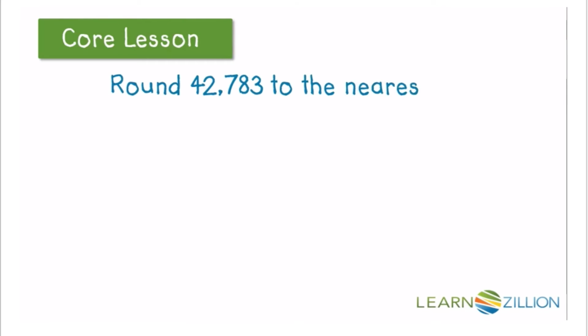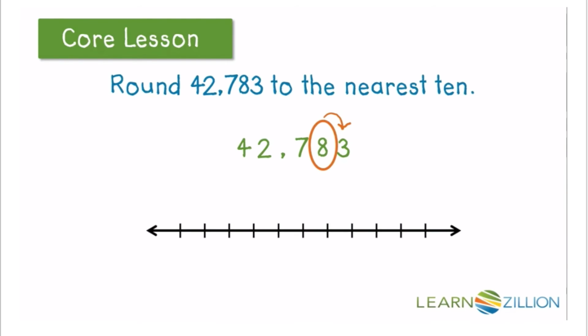Let's look at that same number, but this time round to the nearest 10. I will circle the digit that's in the tens. So I circled the 8 and we'll look next door. We have a 3. Let's place this number on our number line. Because we're rounding to the tens, our benchmark numbers would be 42,780 and